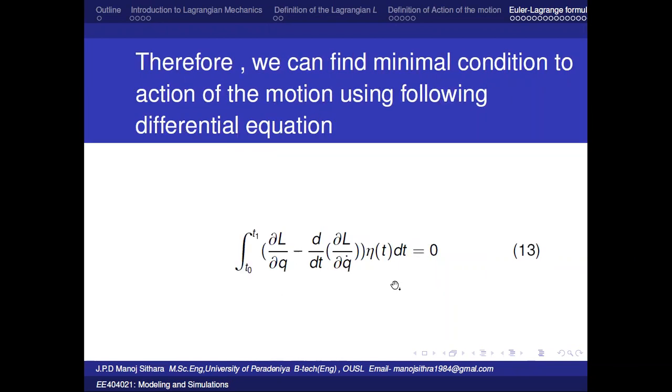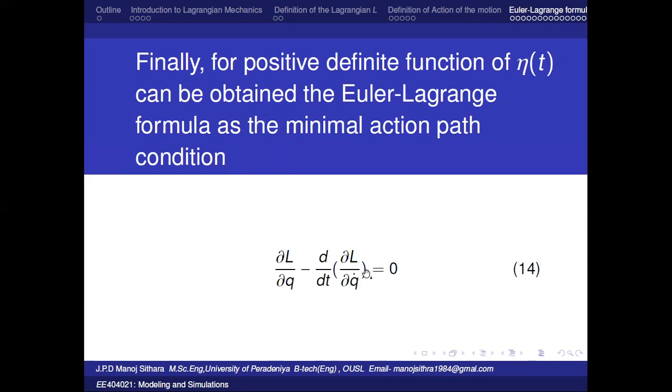Then the rest of the thing must be 0, to make this integral 0, right? So now we achieve the condition for the optimal path, the statement called the Euler Lagrange formula in mechanics, right? Okay,